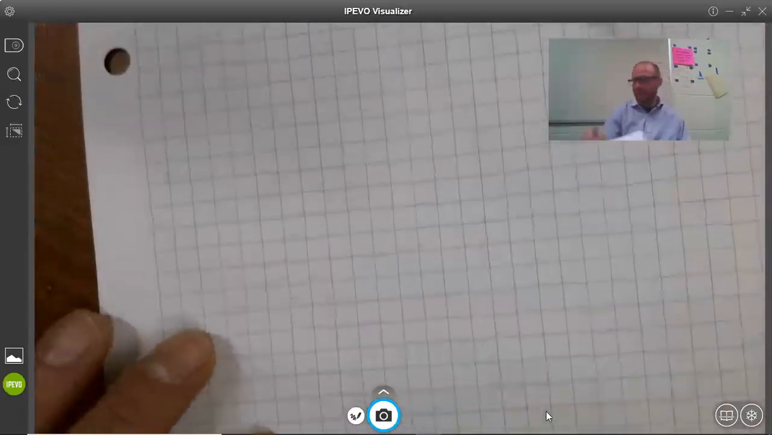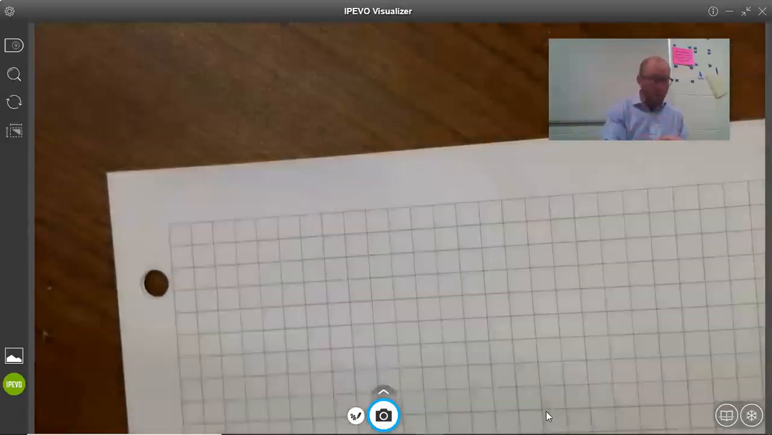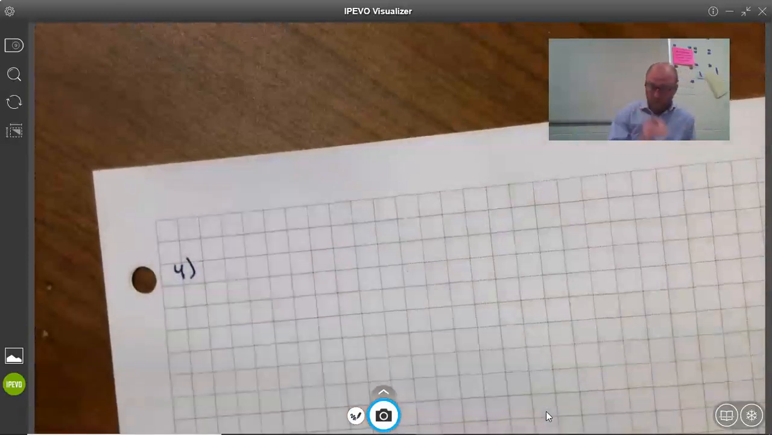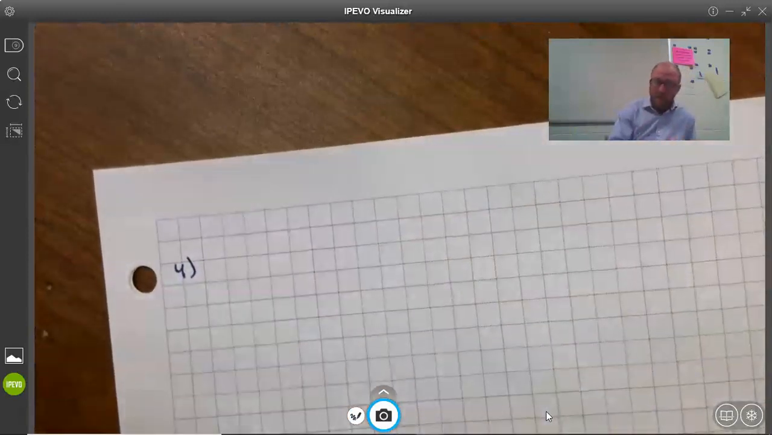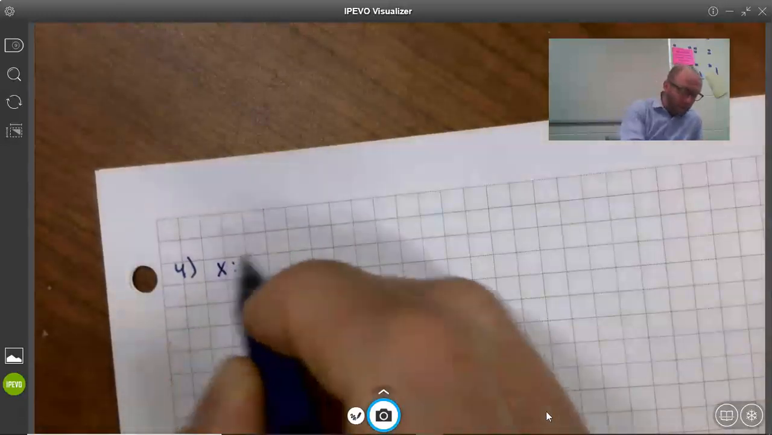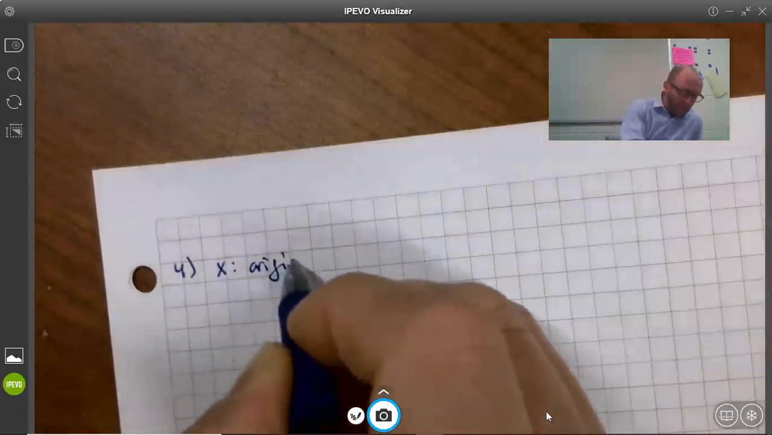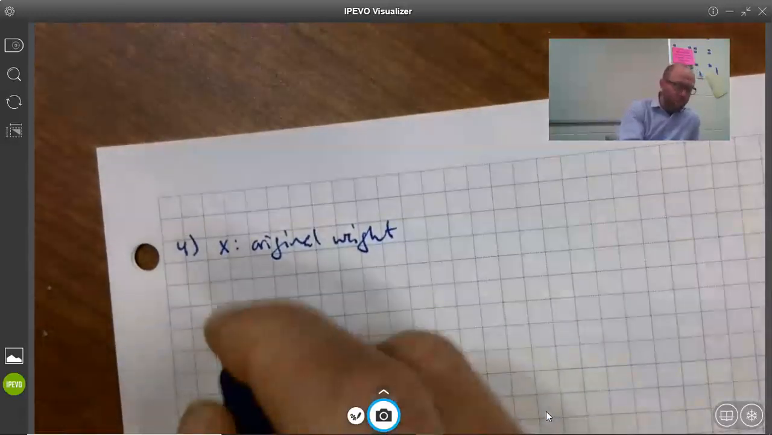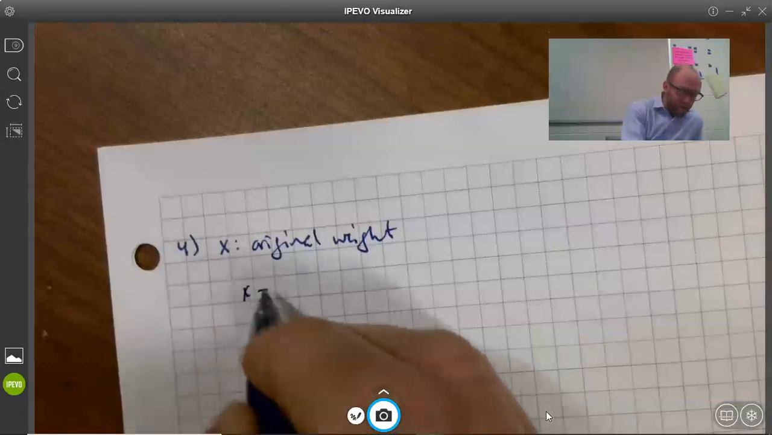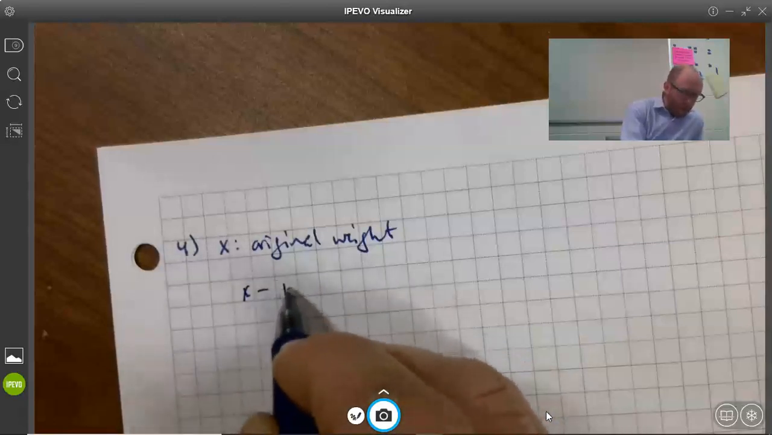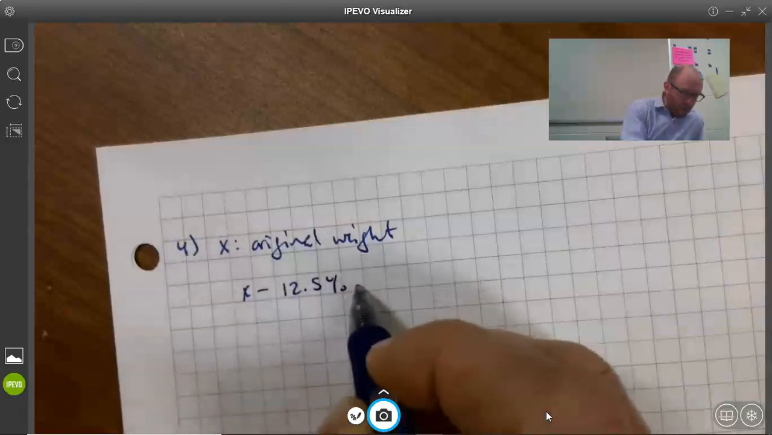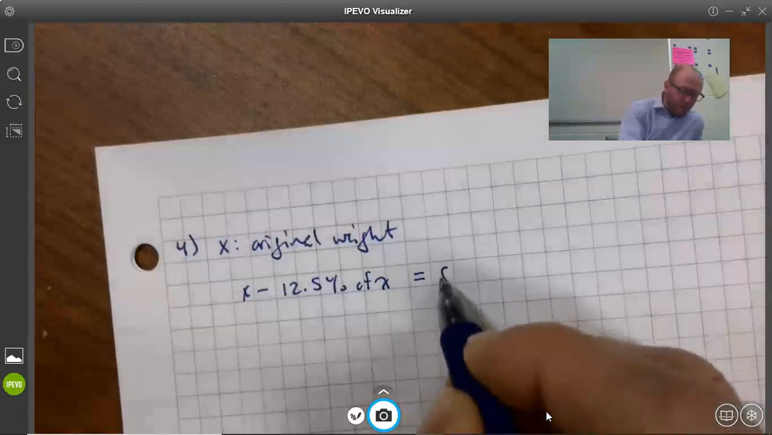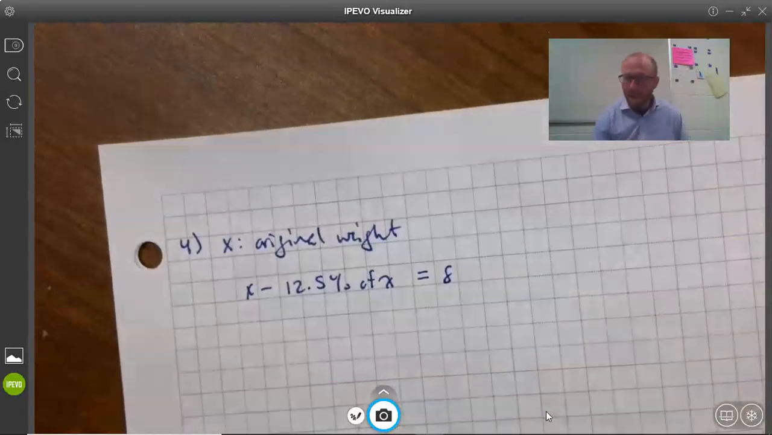Okay. Next problem, 4. Coffee beans. So you lose 12.5% of the weight. So after losing, X will be the original weight. And we say that X, take away 12.5% of X is equal to 823. Wait, no, that's not what we want. Yeah, 823. So we want